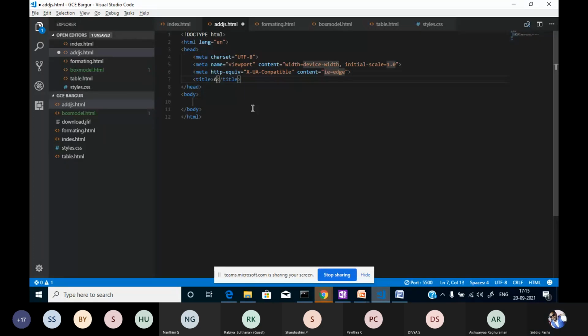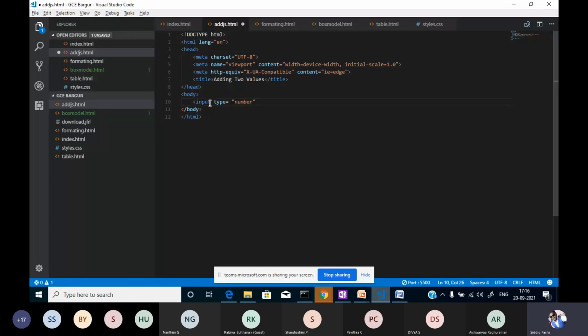I'm adding the title, adding two values. Then here I'm adding a text box. Input type is equal to text, or we can use number over here as well. So input type is number.